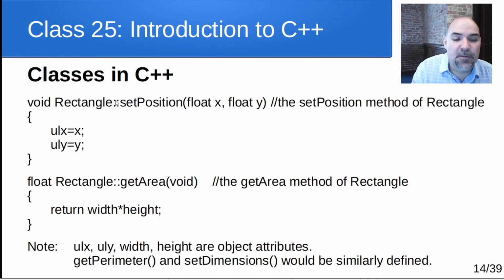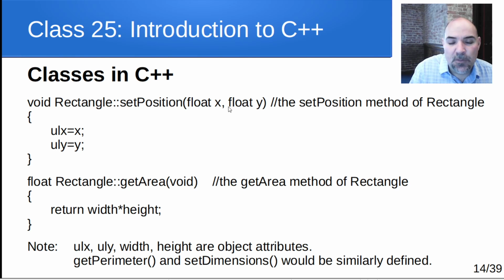So what we're saying here with this colon colon is, hey, go into the rectangle class, and then inside of that, this is the code for the set position method of that class. And we would do the same thing for get area. We would do the same thing for get perimeter and set dimensions. And one other thing to note is inside of here, X and Y are local